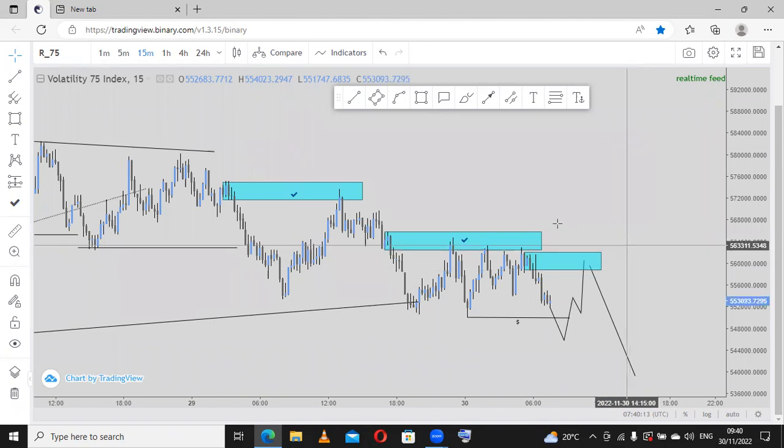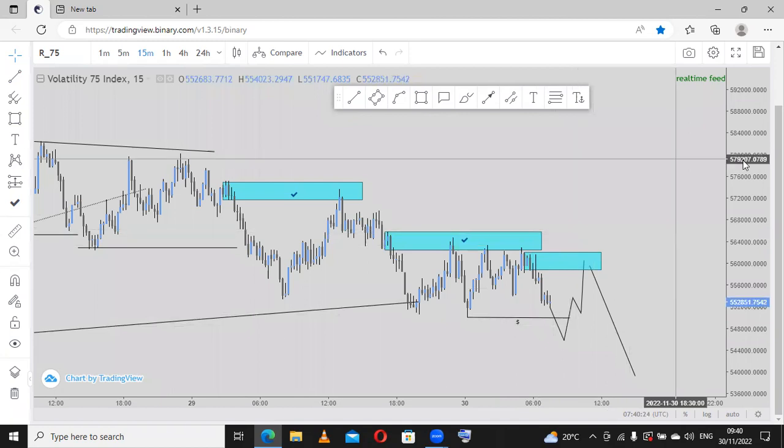All right, so now we finished with V75. This is what I want, like a projection of what I'm expecting. Okay, so guys, keep on sending your suggestions on which way we should trade. So the other guy who suggested V75, this is more likely what we are looking for price